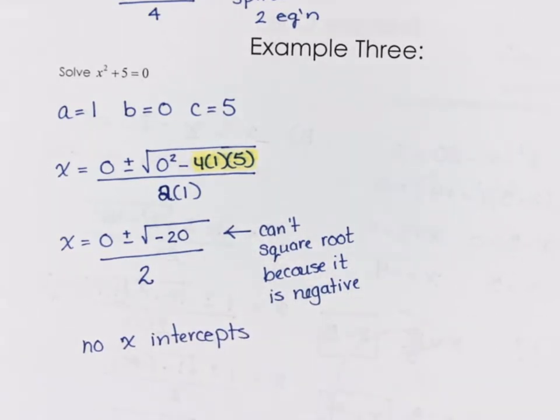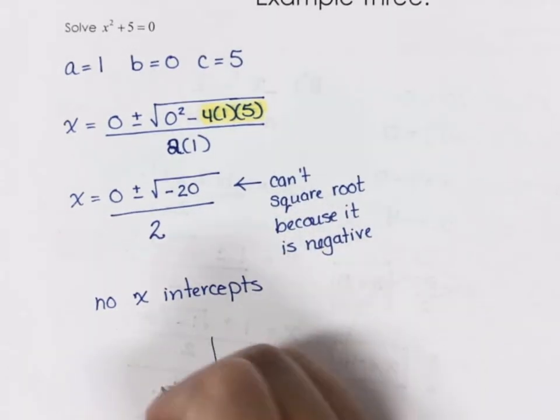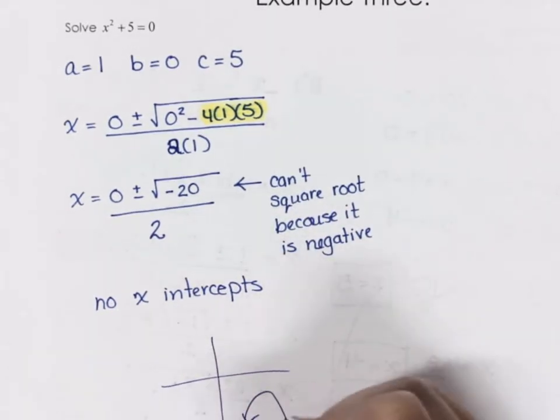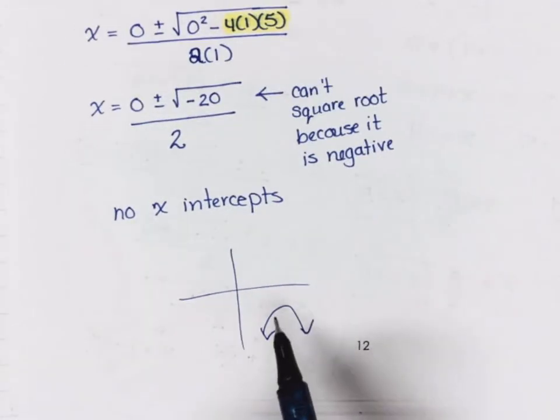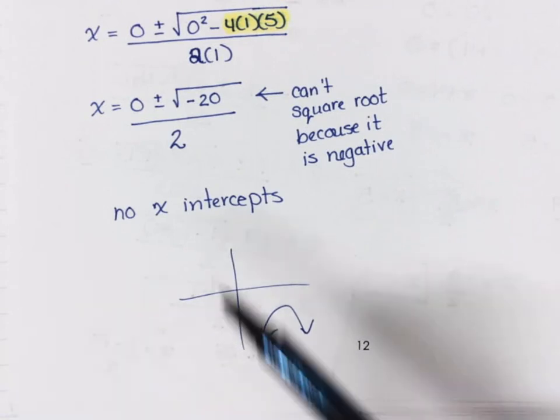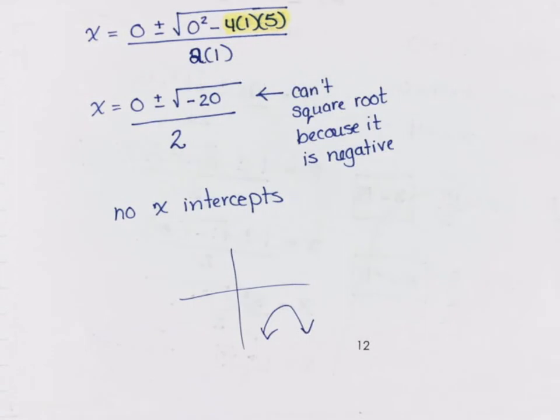So could you draw me a graph right now, a parabola, a quadratic function that has no x-intercepts? Yeah, you totally could, right? It's a real situation. You guys have graphed these before. Is that not a graph? Is that not a quadratic without any x-intercepts? So this might be the equation for this graph. It's not, by the way, but